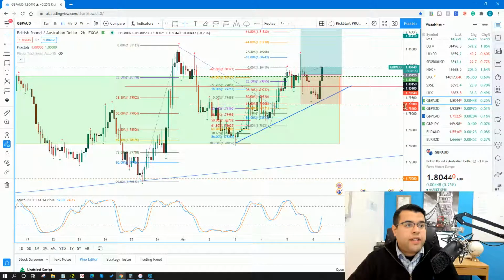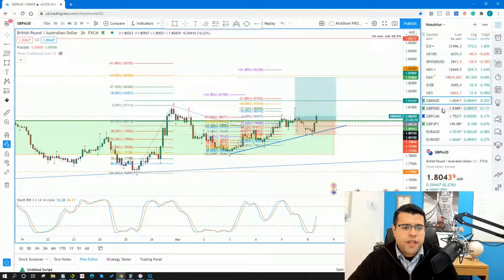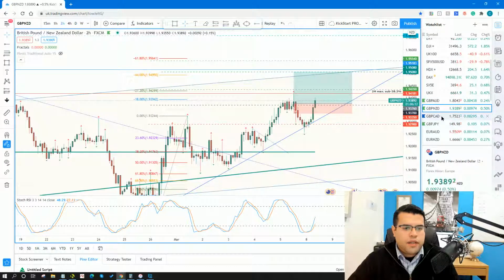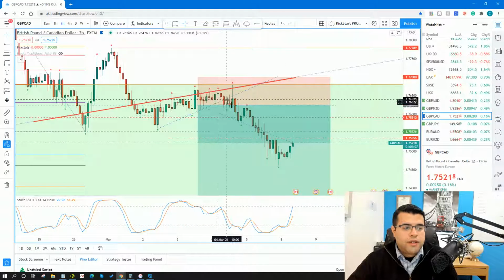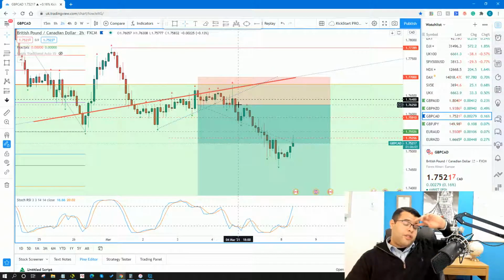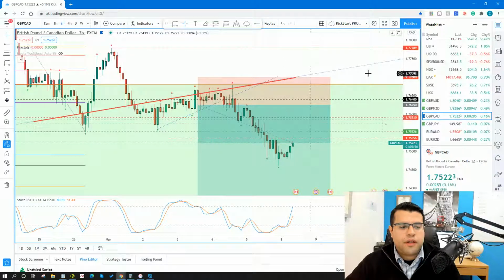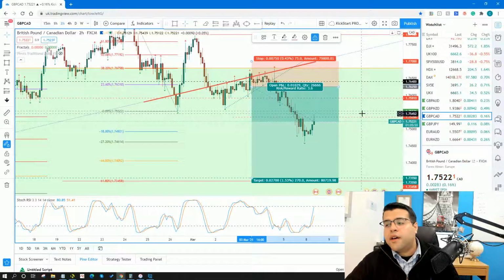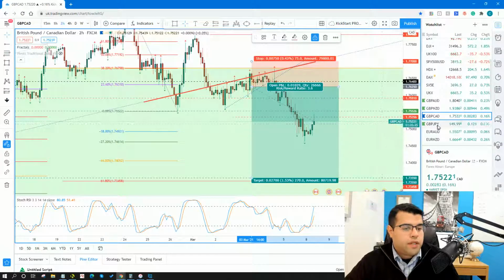Okay, and again, just giving a quick recap here. So I'm bullish on the pound this morning. Pound Aussie, doing nicely there. Pound Kiwi, same thing. Okay, doing nicely there. Pound CAD, I mentioned I was actually short on this last week. You can see this was my trade from last week. That was my entry point up there at 76.25. I made just about 100 pips or so on this, and then closed out just because I didn't want to risk the big rally. But I am looking for a re-entry opportunity now. So ideally I'd get a new sell signal here. So I'm just waiting for it, essentially, right?